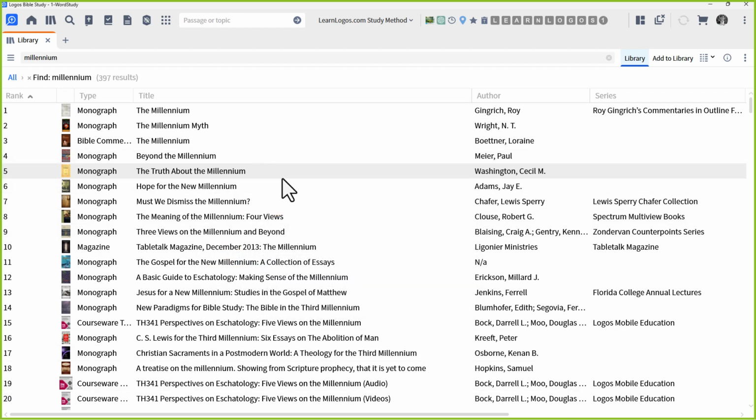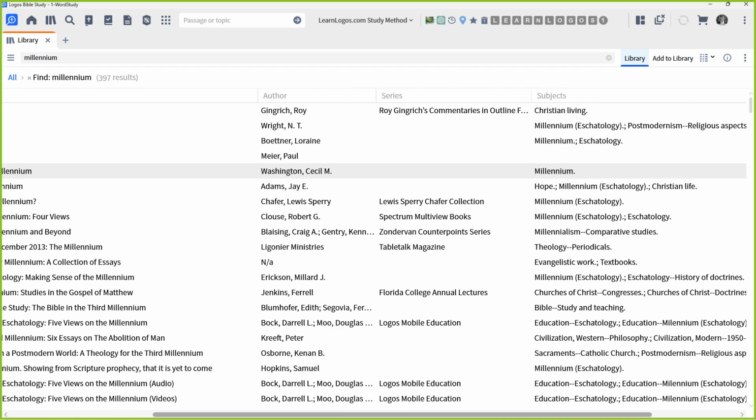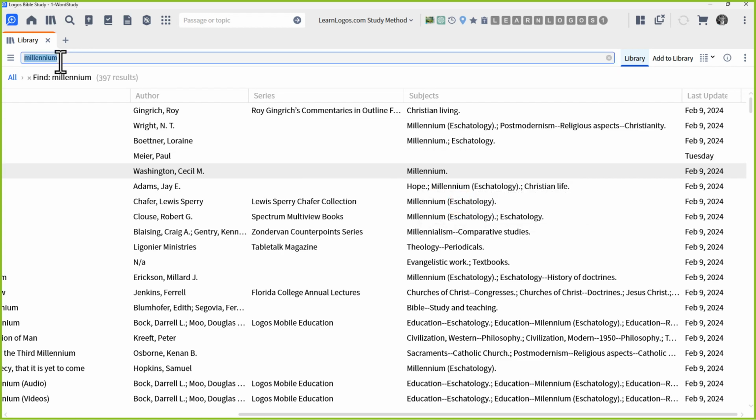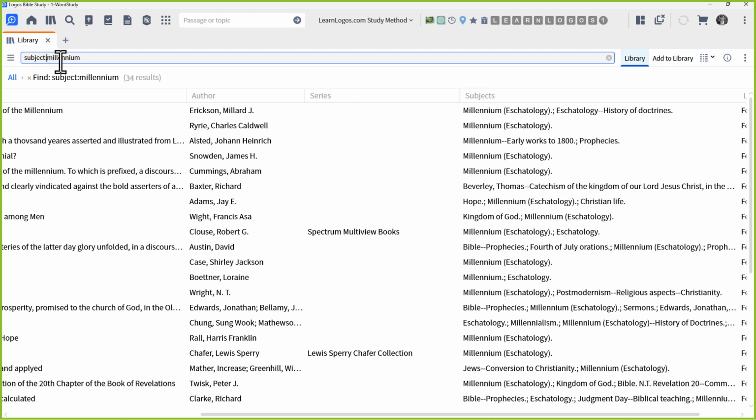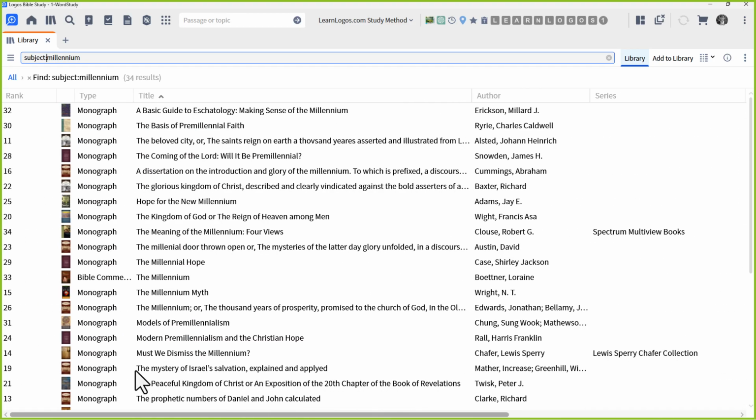So I'm going to click on the title, but not open it, just that white space between the author and the title, so it's selected. There's the bar. I'm going to go over to the far right, and I'm going to look inside the subject column and see what's there. Notice we have the word millennium. So now what I'm going to do is type subject: millennium. And notice now that all the ones that have millennium in the subject now appear. Now if we look at our list,